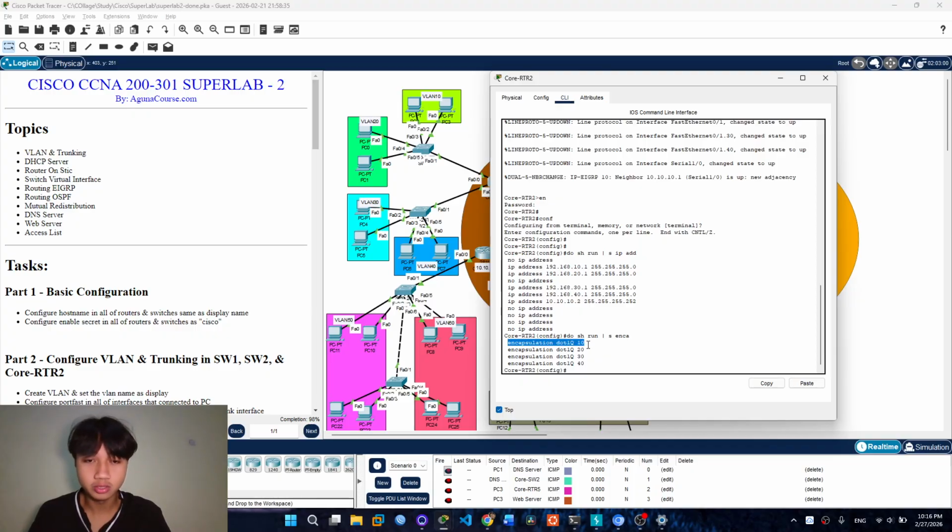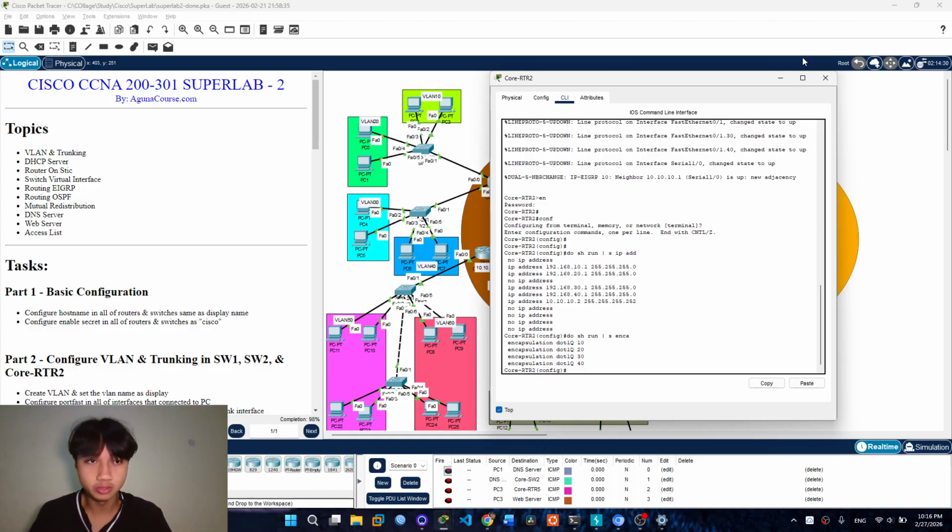This command serves to mark the VLAN ID. After setting the encapsulation, you must add the IP address with the command ip address, and this is the host, and this is the subnet mask.